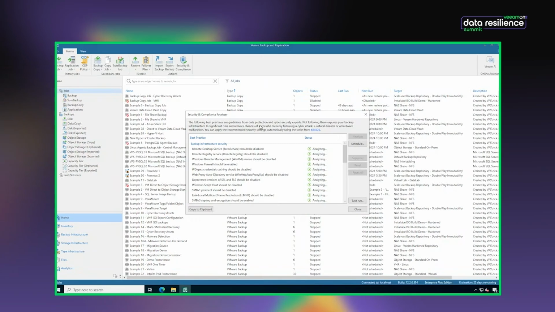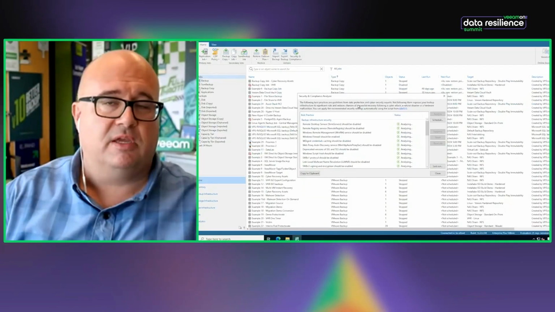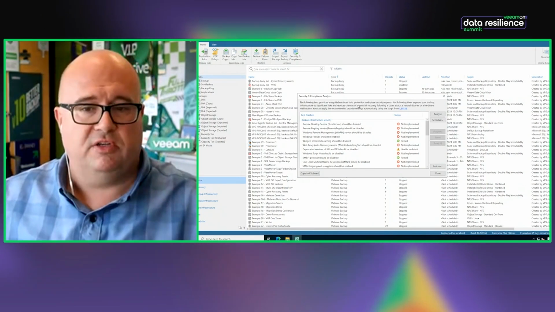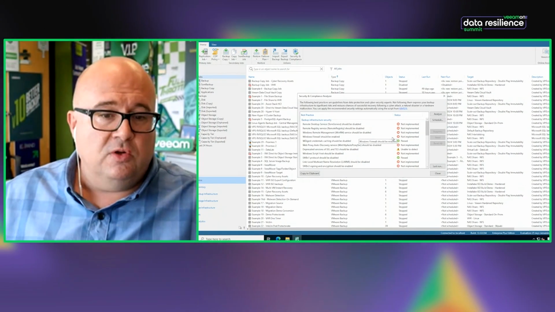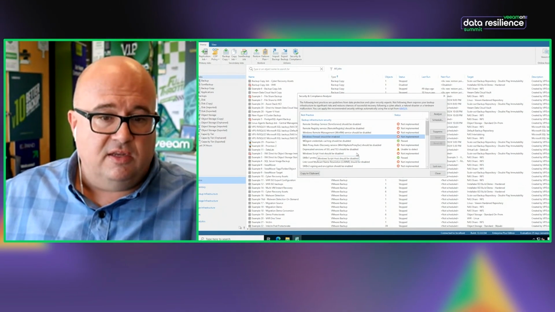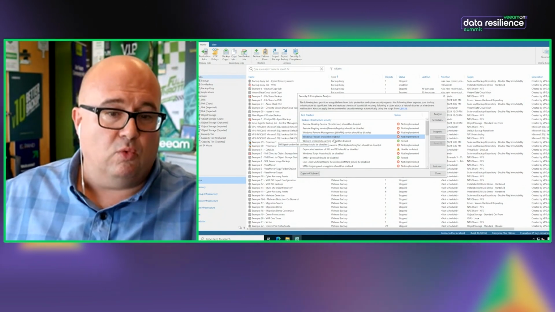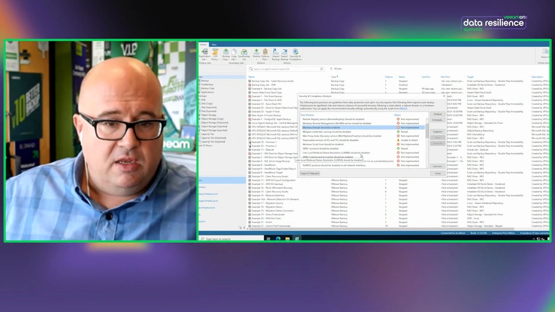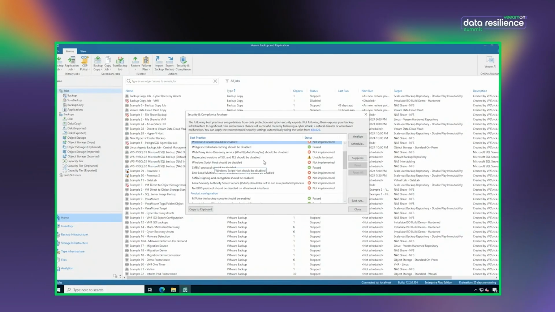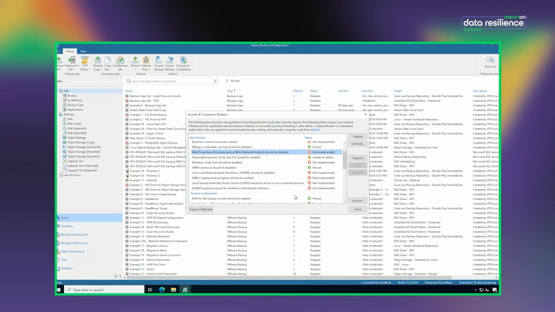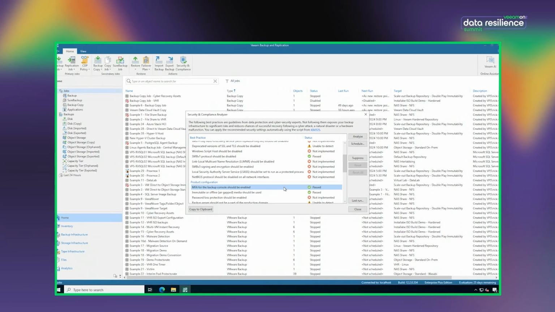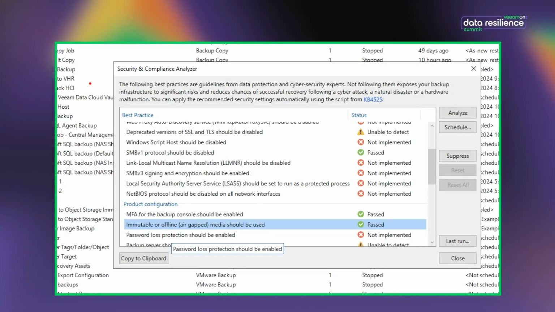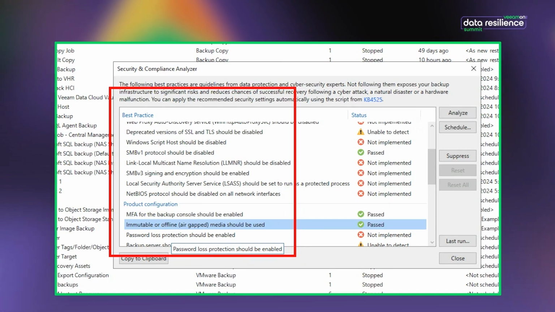Now, I'm going to tell you, I'm in a lab, okay? So there are different use cases that go with me showing it to you and doing all kinds of other different things. But I can tell you, I should go ahead and disable or re-enable Windows Firewall, or I should, at a minimum, look at turning off some of these other services like this one, because I know I'm not using that one. Or I do have MFA, I'm doing that good. I have Immutable, right? But we have added a whole bunch of best practices and product configuration, both the environment